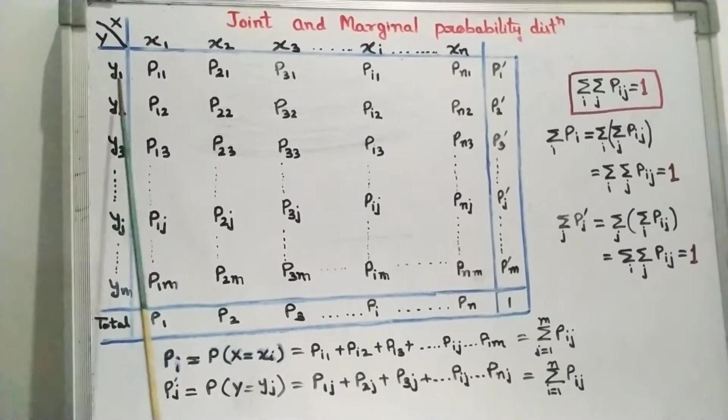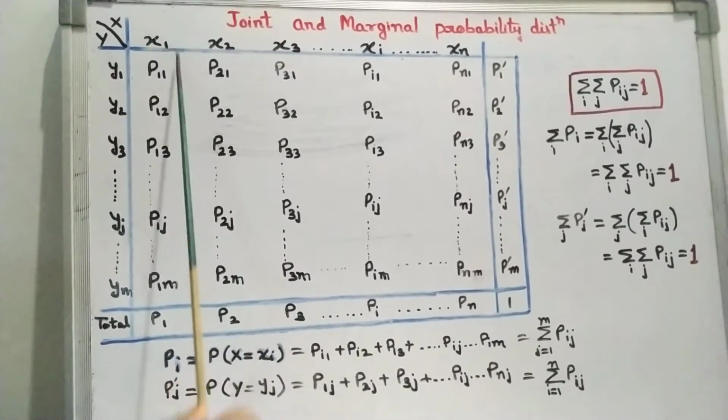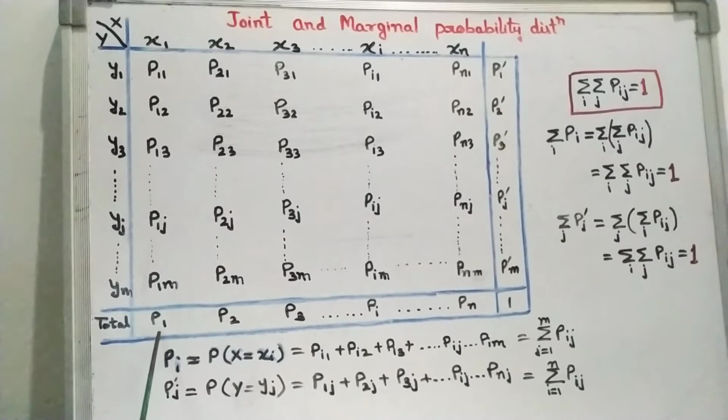Now here look, if you sum this probability, you will get the p1 probability. That means p1 probability is distributed in this way. So probability of x2, that is denoted by p2, is distributed in this way. We cannot get the single probability, it is the combination with the y variable. Hope this table is clear.